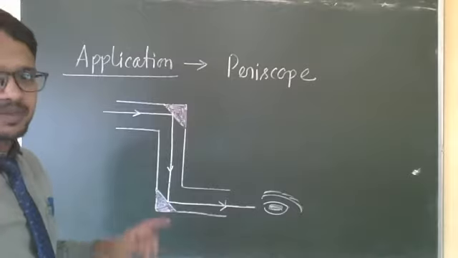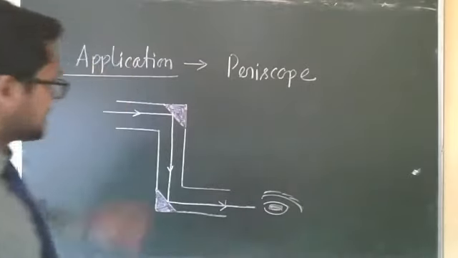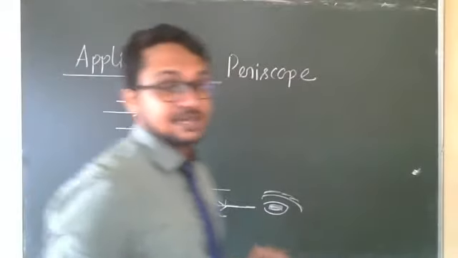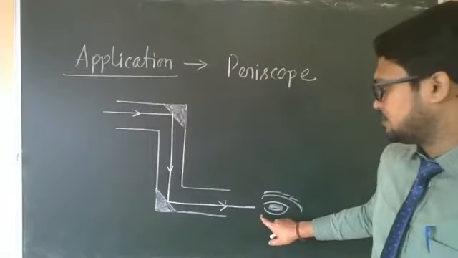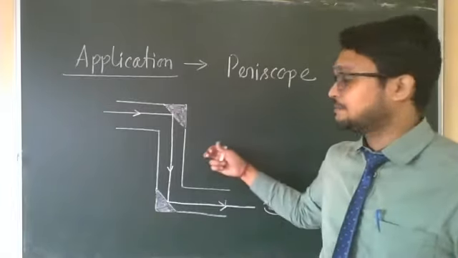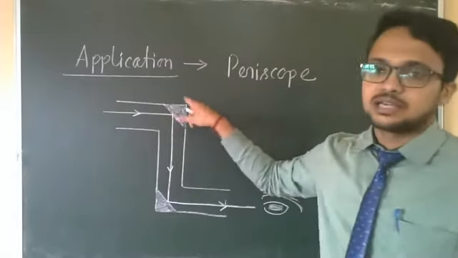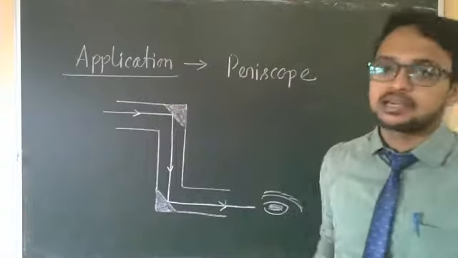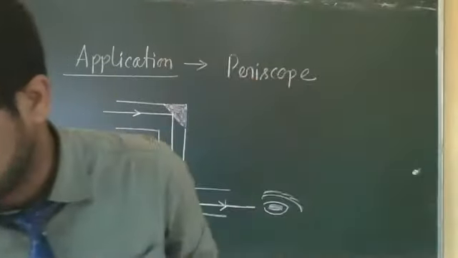Normally when we make a periscope we use a plane mirror, right? We can make a periscope using a plane mirror, but in that case what will happen? The intensity of the image which comes to our eye will decrease. For that reason, in a submarine, we use a periscope with total internal reflecting prisms, because their intensity will not change.